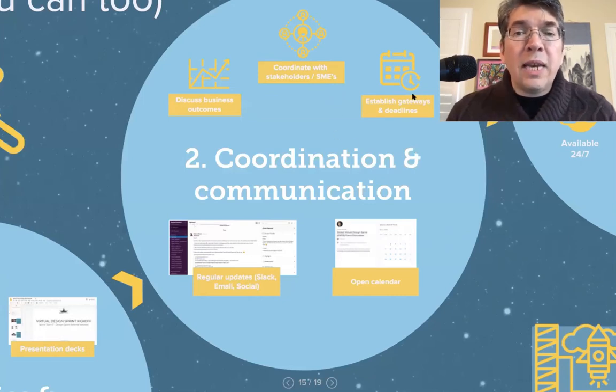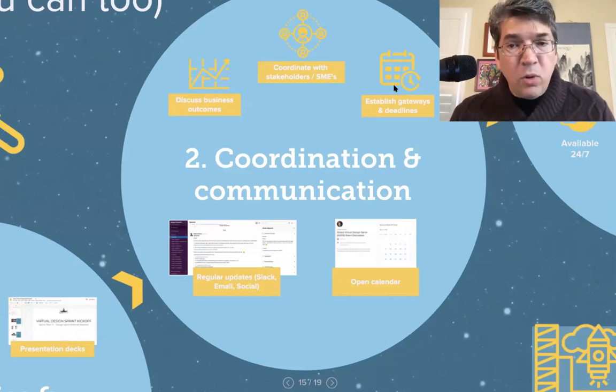You definitely want to get gateways and deadlines for everyone involved so people know when things are going to get done. This involves just the high-level view as well as the sprint itself. I would recommend not getting too granular here. Some people want to time box things down to the 5-minute mark, and I've seen these whiteboards that are really involved. Virtual sprints, even more so than physical sprints, are subject to change, even more so after Monday.